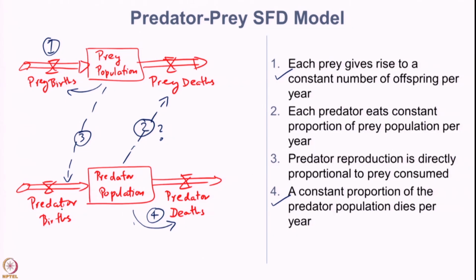Because the prey population does not affect predator births, it is rather how much of the prey is consumed that affects the predator's birth, right. So it is actually the number of prey deaths somehow affecting the predator births through the prey population. To enable this interaction between the prey and the predator population, we are going to introduce a new variable within the model called predator